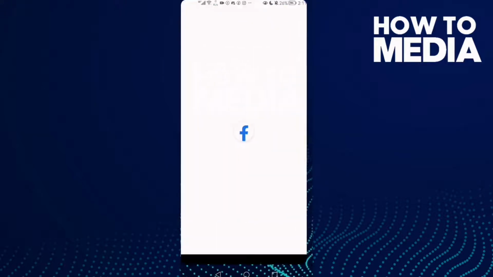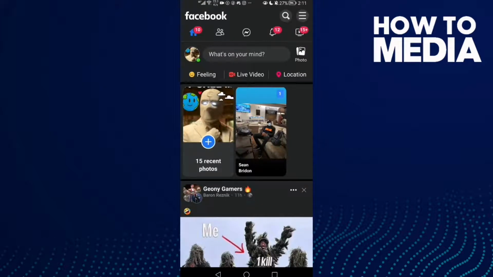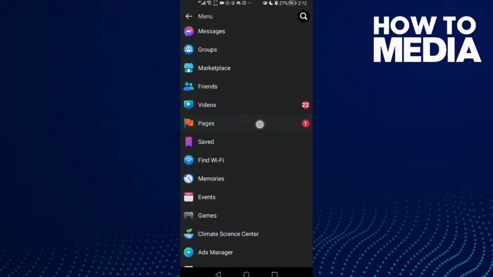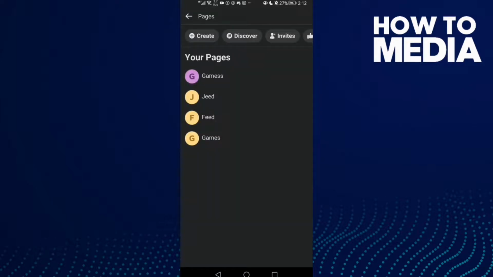First thing, go to Facebook Lite. Here you will find these three lines in the top corner. Click on it and then scroll down and you will find pages. Click on it. Now select your page